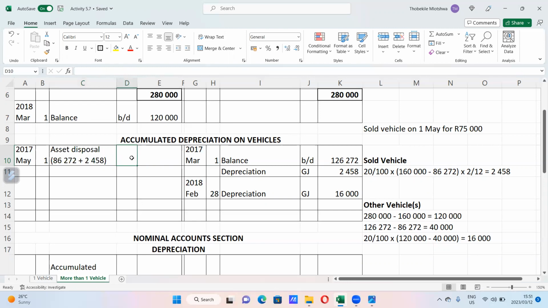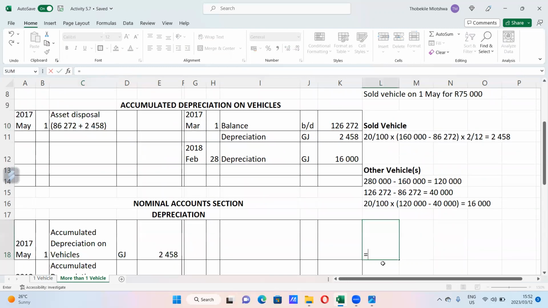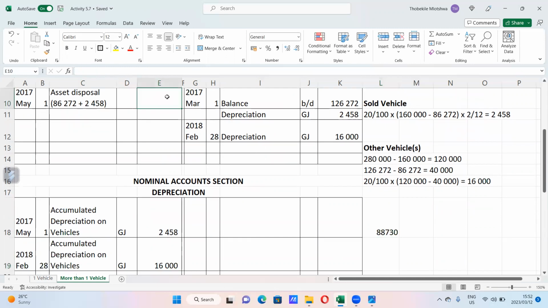This is how it's going to look. So let's edit. I didn't add that. Equals 86,272 plus 2,458. So the whole amount that we are removing, including the updated depreciation, is 88,730, and that is also recorded